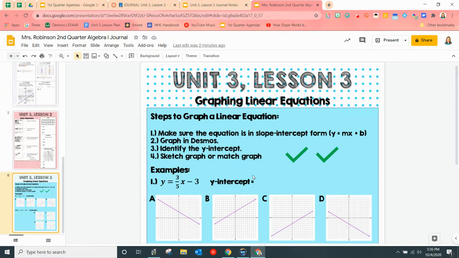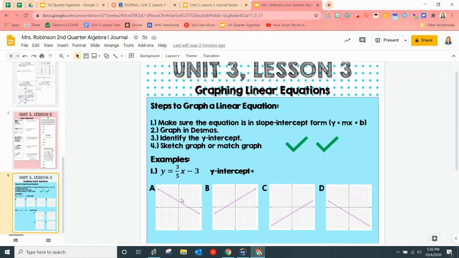So here's what I would do. You have 4 options down here. It could be any of these 4. We need to identify our y-intercept, and we're going to type it here. So if it's in this form, slope-intercept form, I would go ahead right now and head on